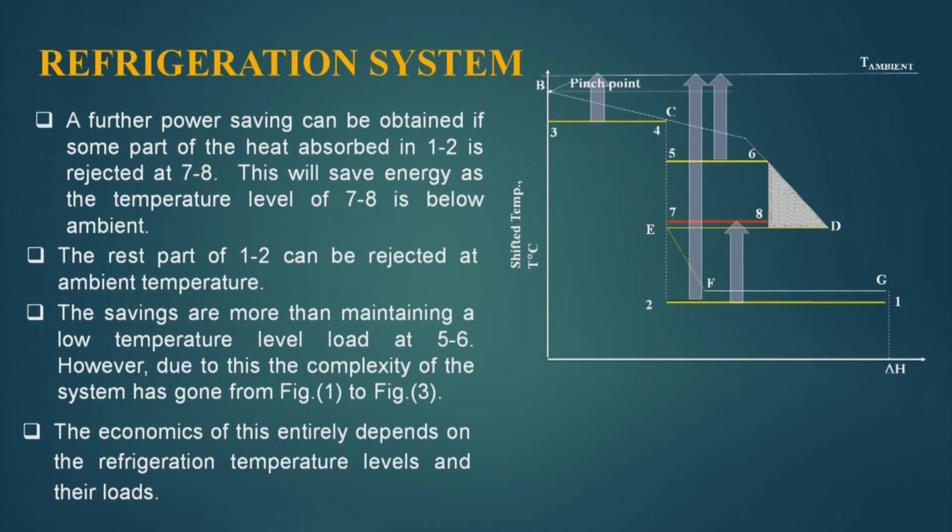So, what we have seen? We have seen 3 different designs which will consume different levels of power to operate. But this also we have seen that when we are saving energy, we are making the design more complicated. So, there has to be a trade off between the complication of the design or the fixed cost of the design and the savings.